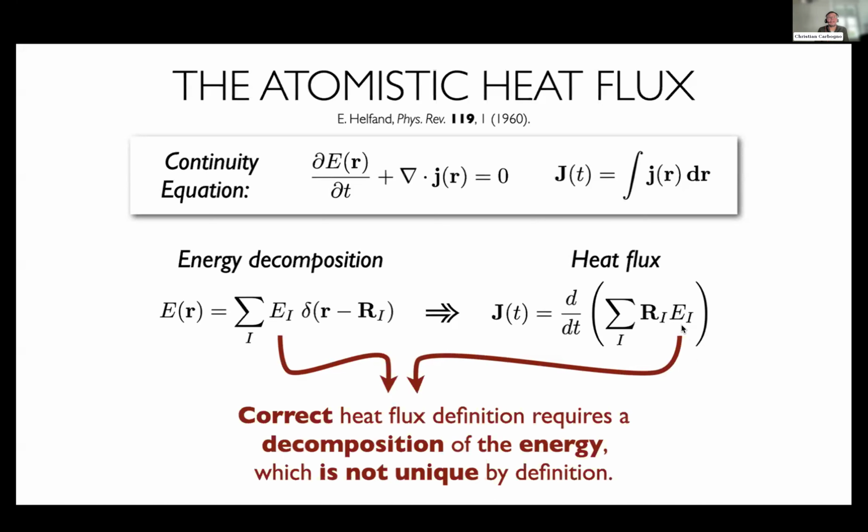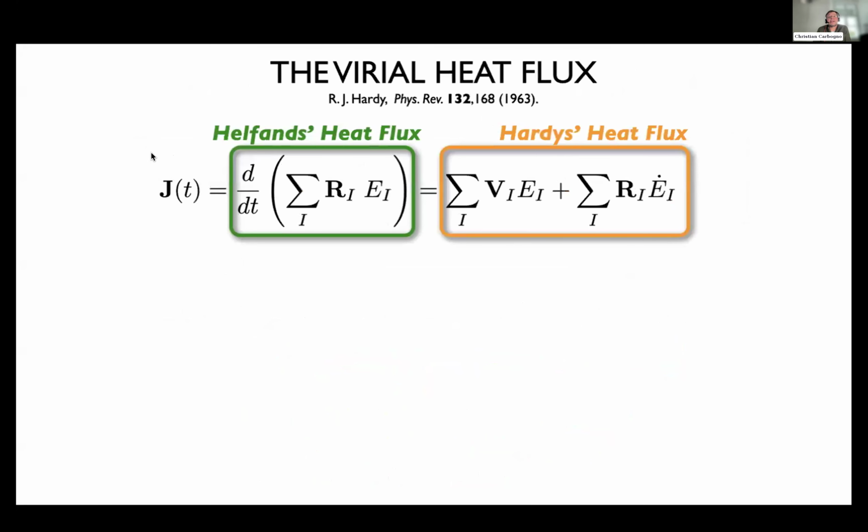Even in a pairwise potential, it is not clear if each of the two involved atoms would get half of the energy, or is it 1/3, 2/3? How does that change? And this gets even worse in first principle methods, where we typically don't have access to these individual energies in a consistent fashion. In other words, the energy is by itself not gauge invariant. So to overcome, or better circumvent, this problem, what we've done is to take this time derivative inside,